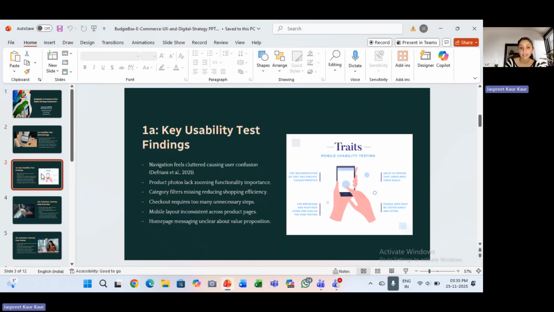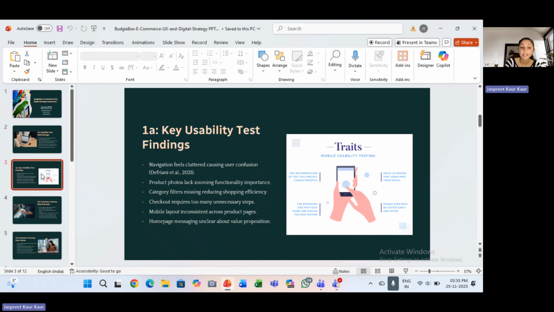From the usability test, I identified 5 key findings. First, the navigation was crowded and users were not sure where to start on the homepage. Second, product photos were limited, with no zoom option and little variety of items, reducing purchase confidence.